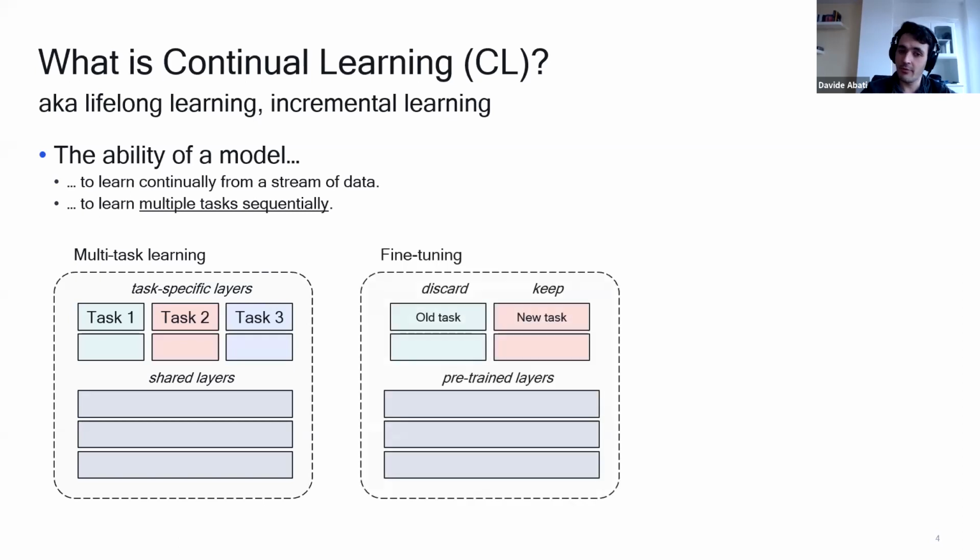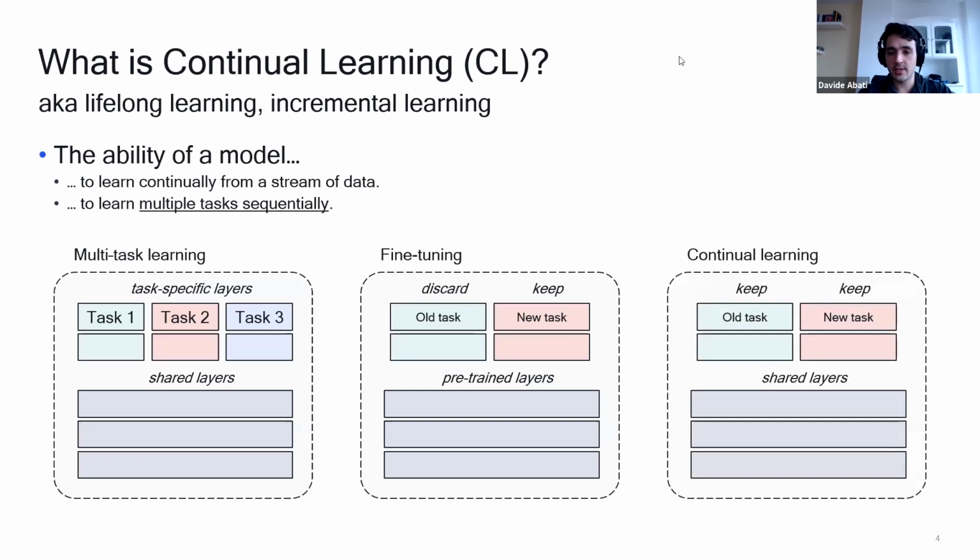Continual learning is also different from fine-tuning. If you're familiar with fine-tuning, you have a network that is proficient in one single task, and then you don't really care about that task. You care about another, new task that you want to add. So you discard, for instance, the final layer, you instantiate a new one, and you take advantage of the pre-trained layers in order to quickly adapt those layers to the new task. But in doing that, you discard the previous knowledge. You don't care about keeping that.